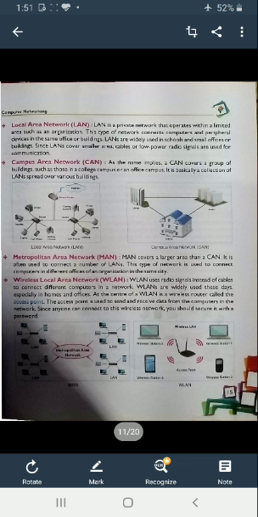Now, wireless local area network, WLAN, uses radio signals instead of cables to connect different computers in a network. WLANs are widely used these days, especially in homes and offices. At the center of a WLAN is a wireless router called an access point. The access point is used to send and receive data from the computers in the network. Since anyone can connect to the wireless network, you should secure it with a password. In a WLAN, we can say there is a Wi-Fi router. So with the help of this Wi-Fi, you can connect any number of computers and mobile phones and anything you want.